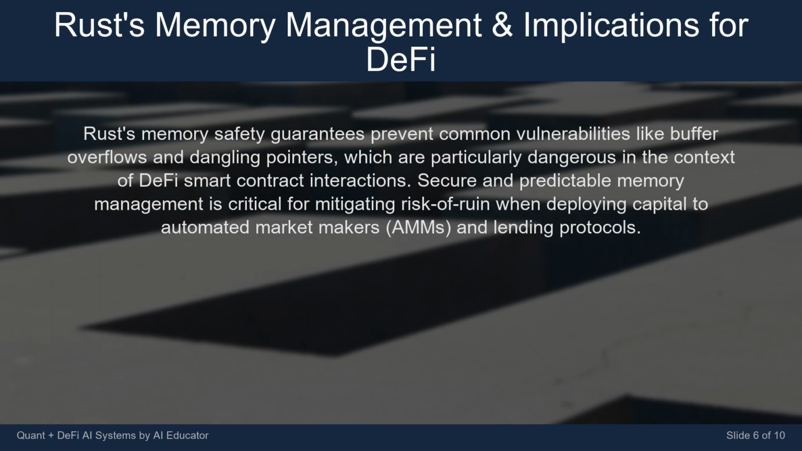Rust's memory safety guarantees prevent common vulnerabilities like buffer overflows and dangling pointers, which are particularly dangerous in the context of DeFi smart contract interactions. Secure and predictable memory management is critical for mitigating risk of ruin when deploying capital to automated market makers, AMMs,